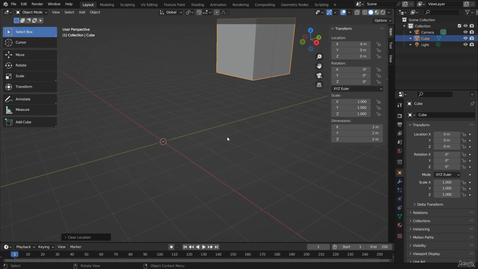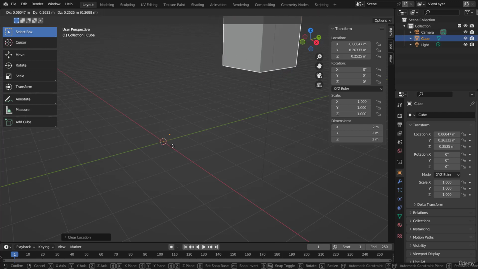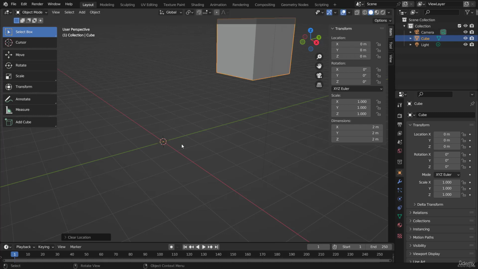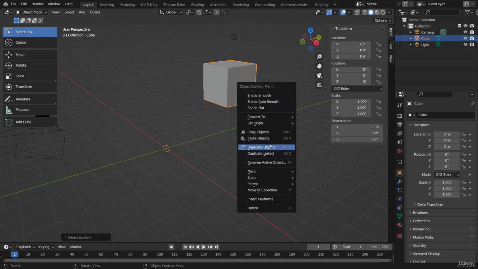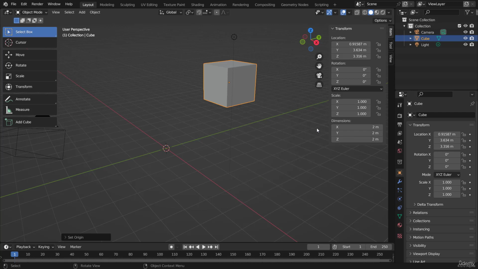Pretty cool. Now you could also see one thing is that with our objects or our meshes, we have this little dot right here, which is called the origin point. And this is the point of origin from which the cube is built from. So this origin point dictates the location, rotation, and scale. Now right now the origin point is not in the center of the cube. So I'm just going to right click, go to set origin, and select origin to geometry so that our origin